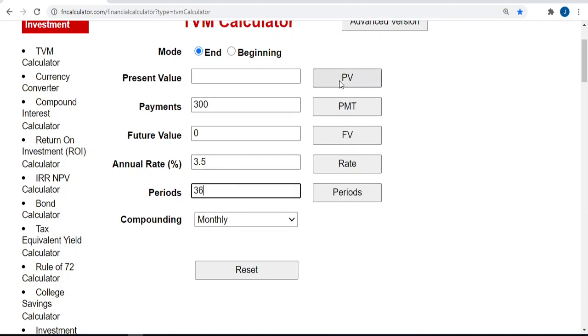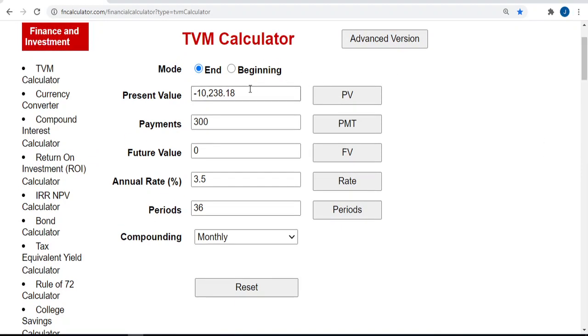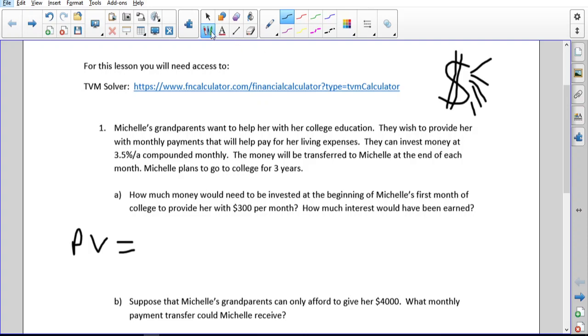We can solve for the present value, and that gives us the answer of $10,238.18. Now notice that in this case, the payments were positive and the present value is negative. The reason we think of it that way is the payments are something that is being received and the present value is something that's being invested. So really, Michelle's grandparents would need to put this $10,000 into the account right when Michelle starts school. She'll then get to collect $300 a month from that for 3 years. So that, of course, is our answer,